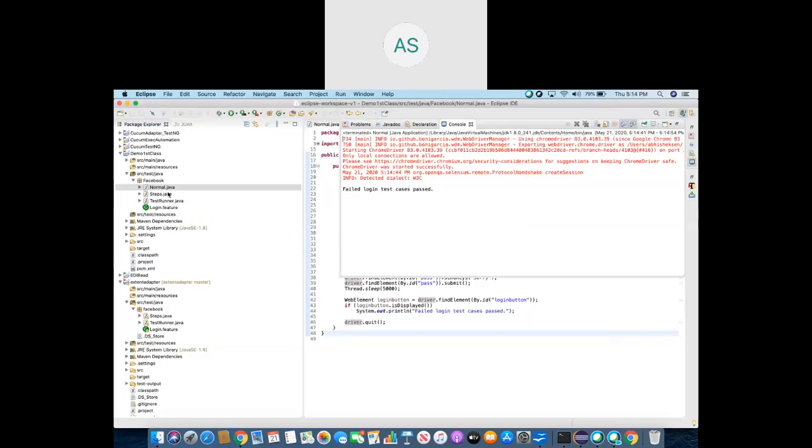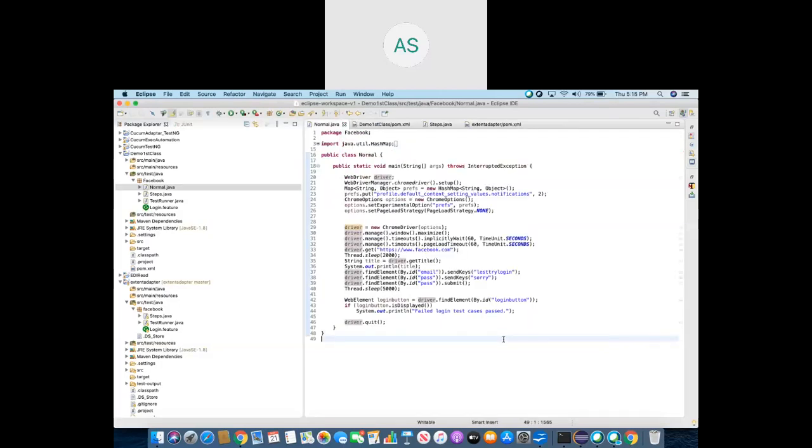You can see this was a kind of negative test case where, after we give an incorrect user, it gets a screen where it asks the user again to enter the details, and there will be a login button. So we are identifying whether that login button has come to the next screen or not. If it comes, the test case has passed. This is a normal Java class file with a main function. Normally in a framework we don't do it like this.